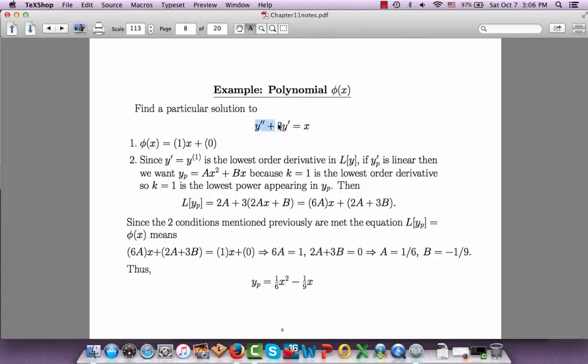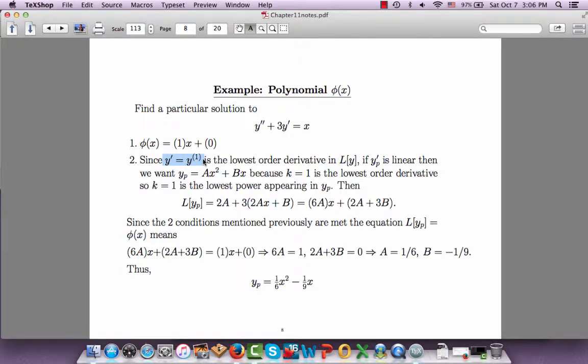In this case, we have a second degree, or second order equation, I should say. Phi of x is x, which is a linear function. So in general, a linear function has two terms, an x term and a constant term. So we've written phi of x as a linear combination of these two functions. In this case, y prime is the lowest derivative appearing in our equation. So we have to let y prime